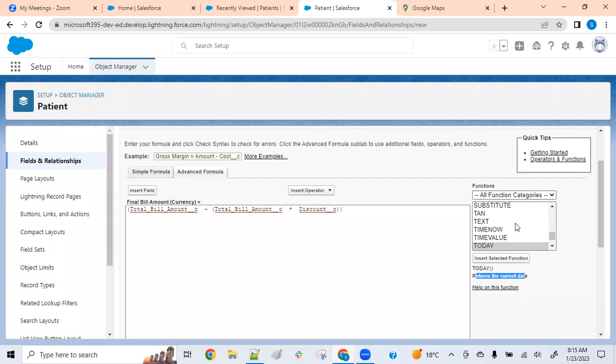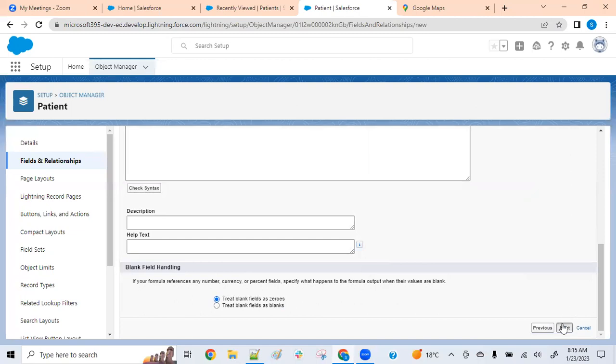If you want to know each and every function, if you click on Help on this function, you will get a tutorial document, or else you can just type the TODAY function in Google. You will get a help article from Salesforce. From that, you can learn. Next,